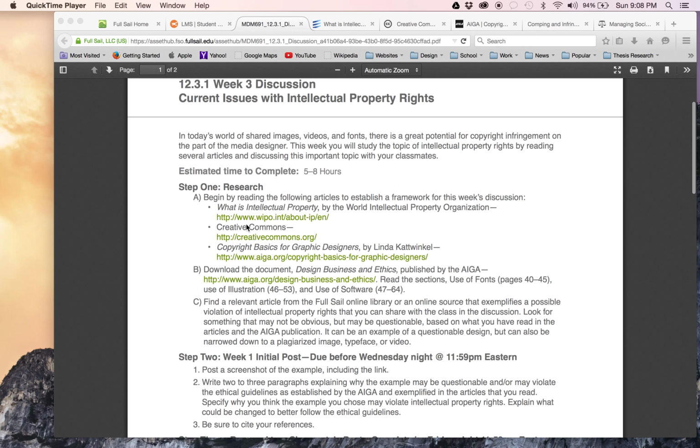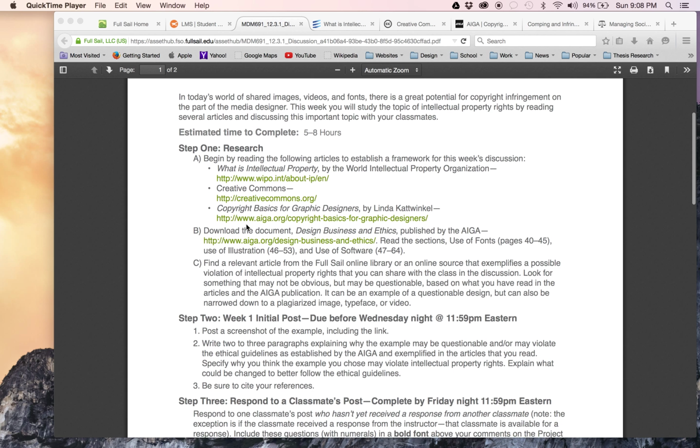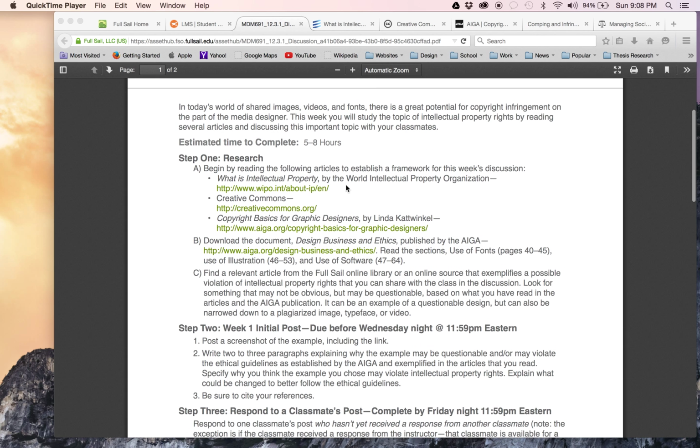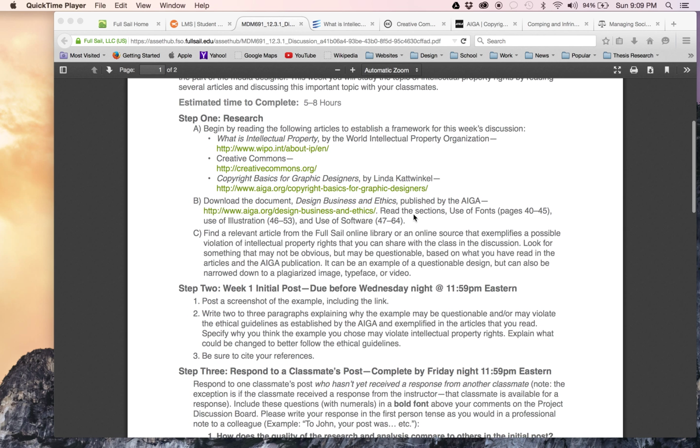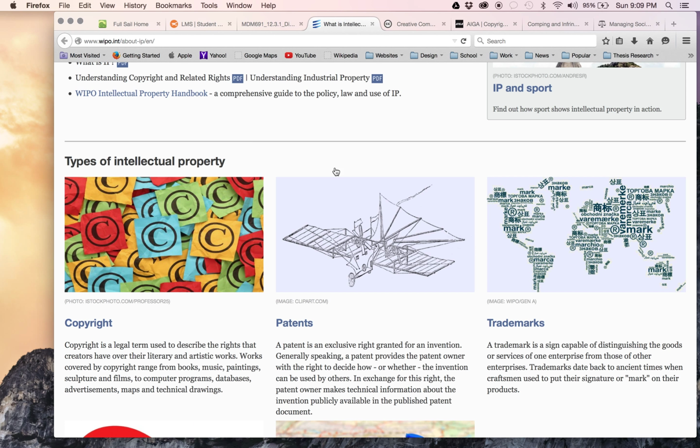However, this week's assignment we were to be looking at examples of copyright infringement or use of fonts or things of that nature. And I came up with a couple things that to me were a little bit disturbing, but something I actually noticed for a really long time, and it's something that most people don't really take notice of too much. Going through and looking through, what is an intellectual property?